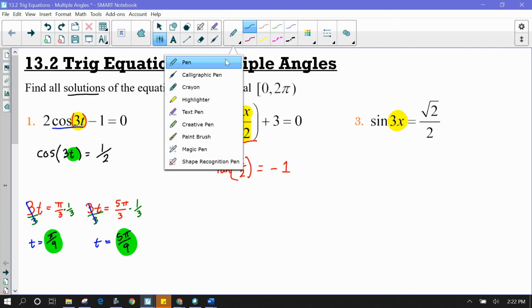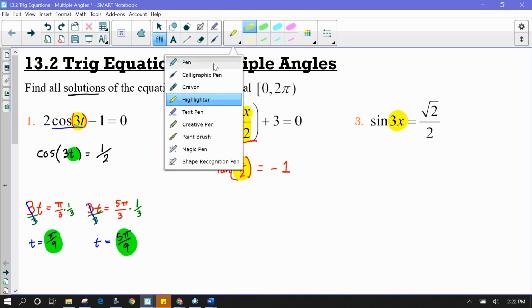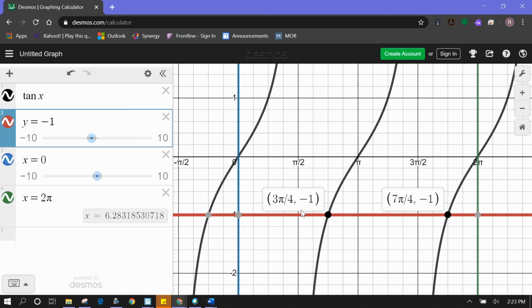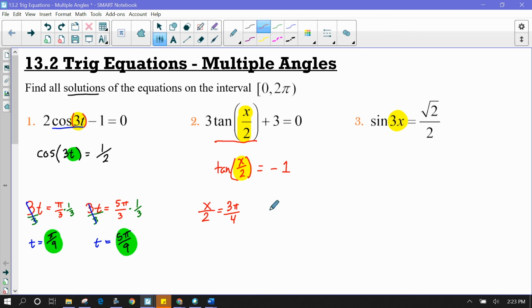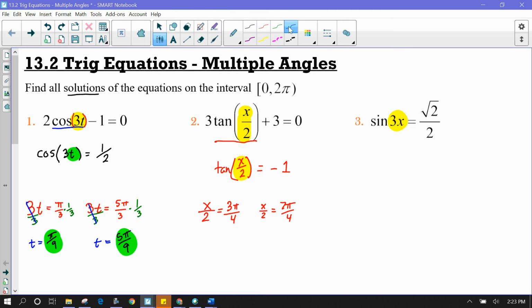So what I'll do is take this x over 2 and set that equal to those two solutions that I got from Desmos. So that's equal to 3 pi over 4. And I'll make another equation for my second solution, so x over 2 is once again equal to 7 pi over 4. Alright, and then now I'm solving for x, so I'm going to multiply both sides by 2,